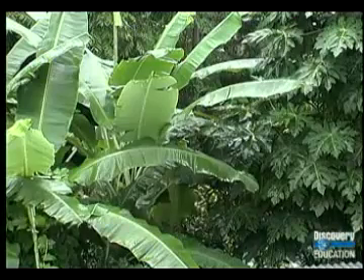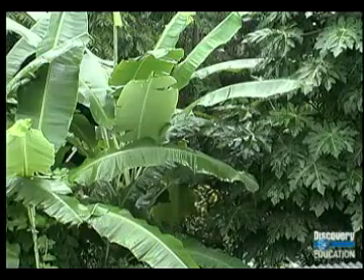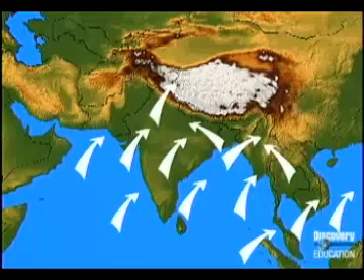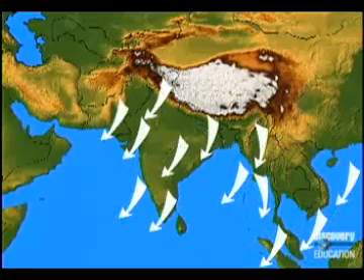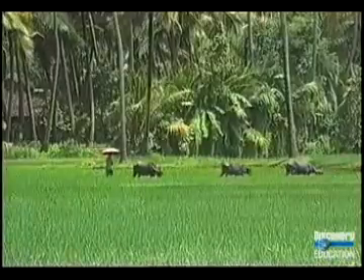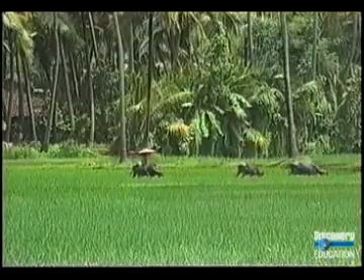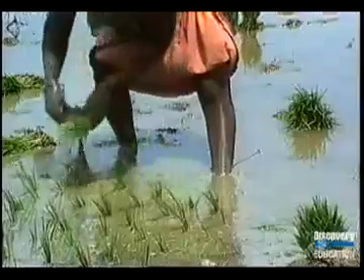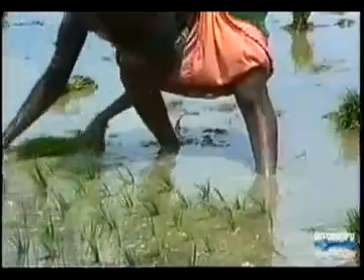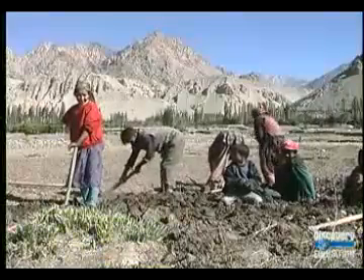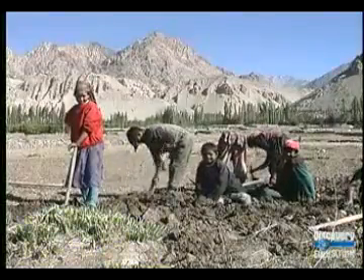The climate and natural vegetation of the subcontinent are greatly affected by the monsoons. These monsoons are seasonal shifts in wind direction that bring moist air and rain from the warm seas during the summer months and dry air from Central Asia during the winter. Agricultural production is also affected by the monsoons. Different kinds of plants are grown in different regions, depending on the amount of moisture brought to the area by the monsoon rains.